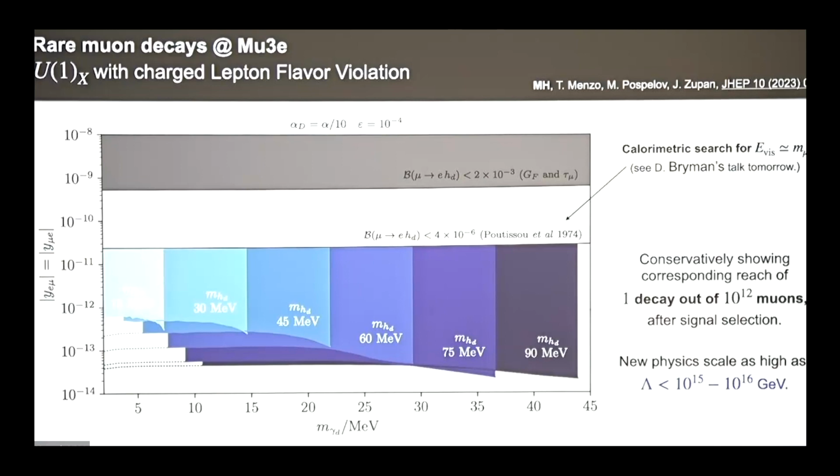I'm just wondering what scale I should be thinking about. I think the important point here is that if you pick a model, there is a lot of complementarity. Even at this level, there's a kinetic mixing here, which you could use to produce a dark photon directly. So there is also complementarity between this and the dark photon search at Mu3, because at this level of coupling you could imagine doing that.